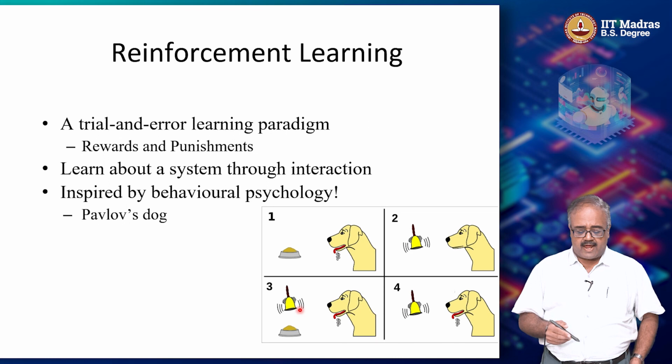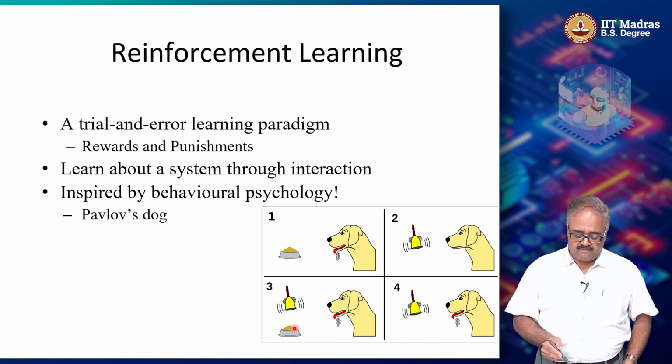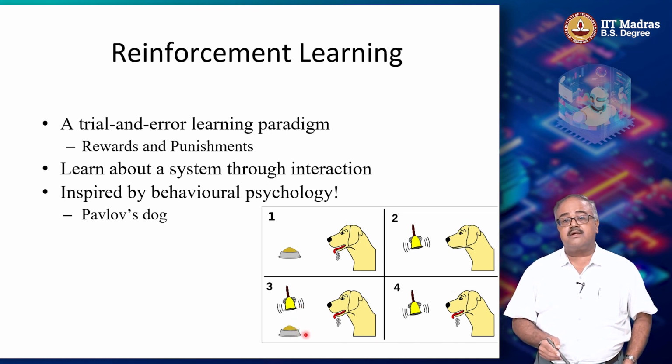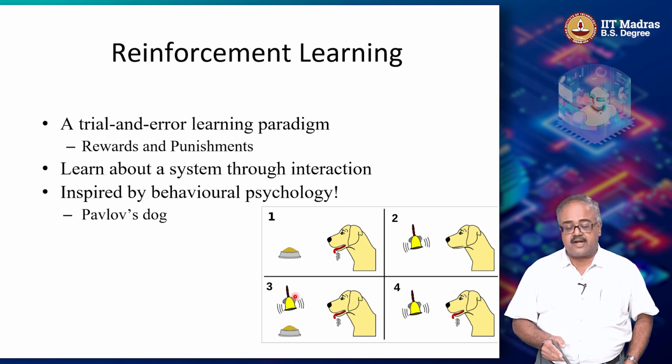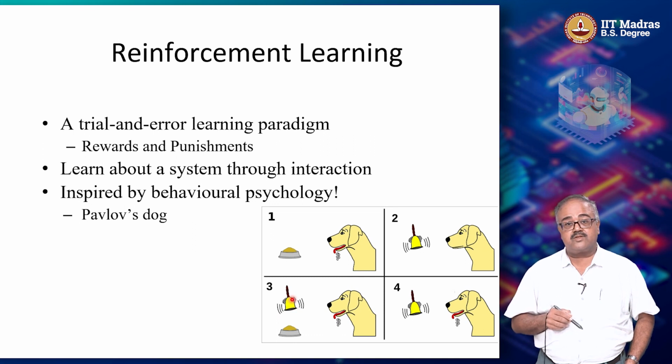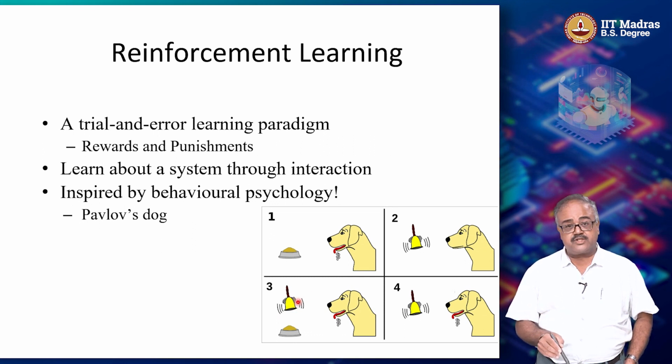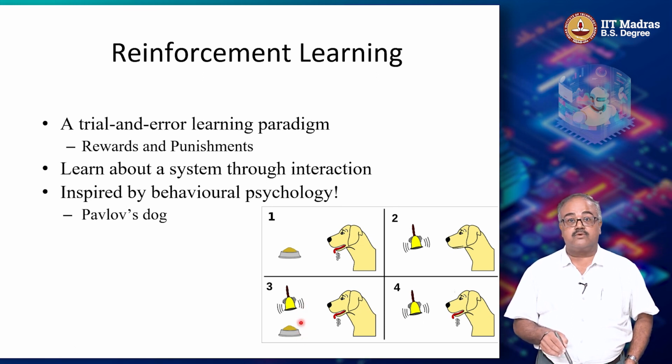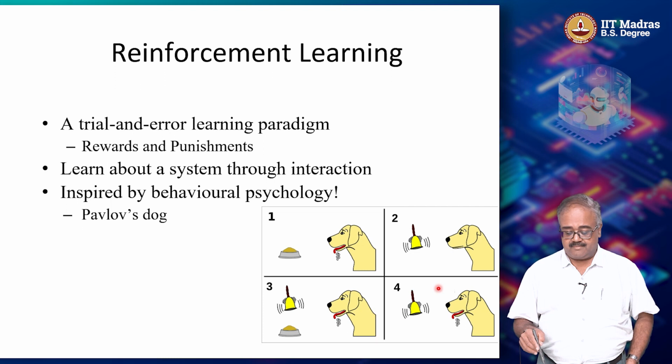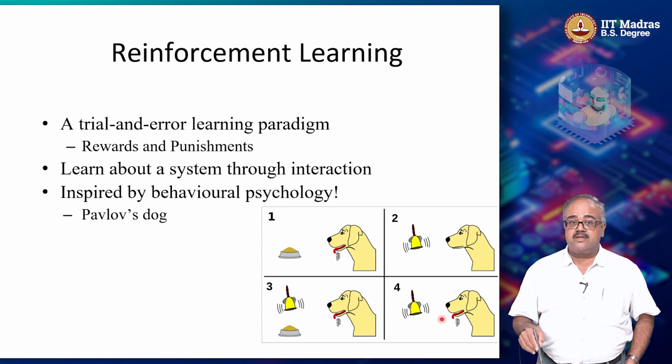But then what Ivan Pavlov did was whenever he presented the food to the dog, he also started ringing the bell, right? Whenever the food is presented to the dog, the bell also was ringing. So what happened? The dog learned to associate the sound of the bell with a reward, which is food. So the next time when the bell alone rang and no food was presented, the dog started salivating. So this is called behavioral conditioning, right?